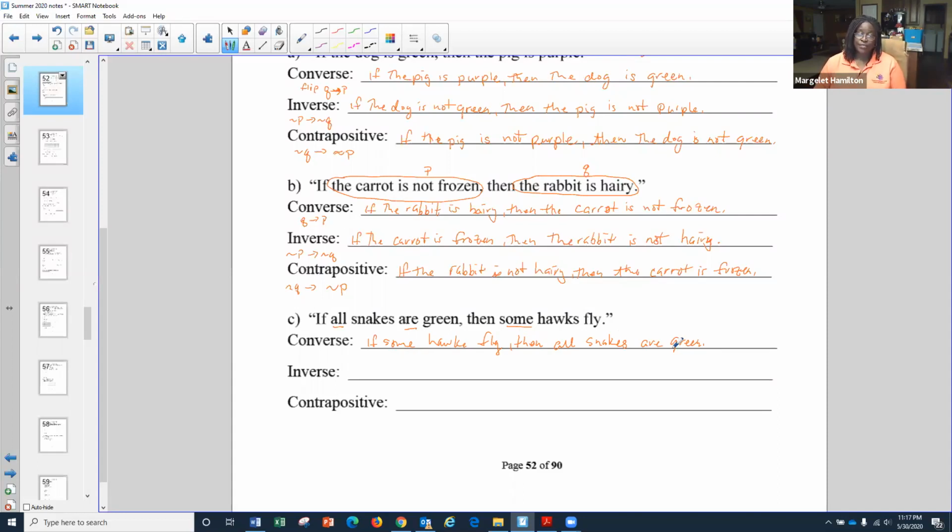All right, now the inverse. The inverse, we're going to keep the same structure, just negate. So now here we are, we're negating our sentence. So we're remembering that if all are negates to some are not. So if some snakes are not green,